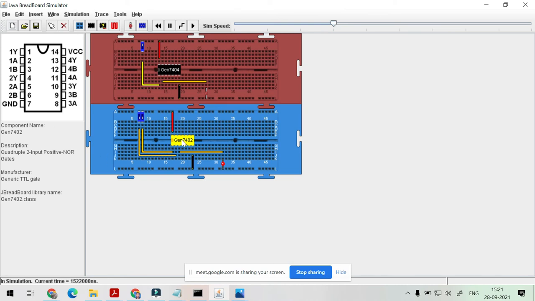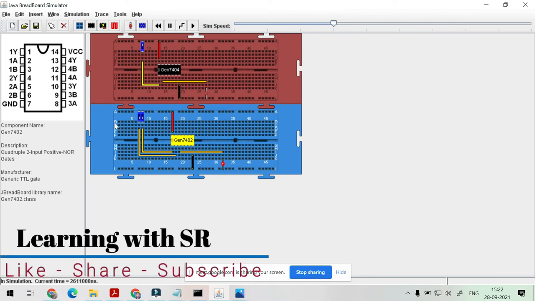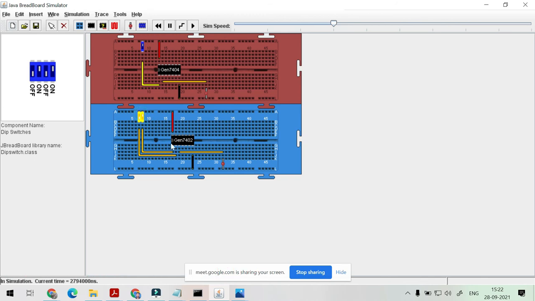So in this, that is 7402, what we have to do? We have to provide this input at pin 1 and 2, and we have to take output from pin number 3. You got the point now? See, at 0 0 we are getting 1, and if we provide 0 1, LED is off, and if we provide 1 1, we are getting 0, and again if we provide 1 0, we are getting 0. At 0 0 we are getting 1, that is LED is on. So likewise you can perform all these experiments.